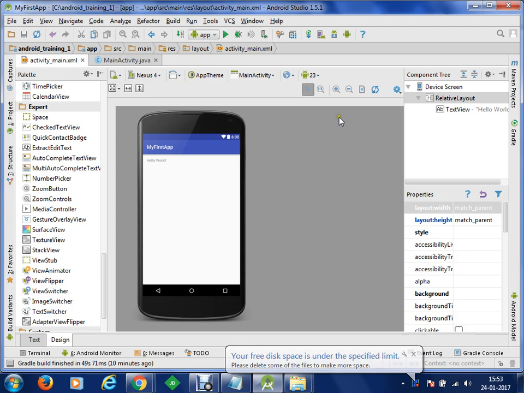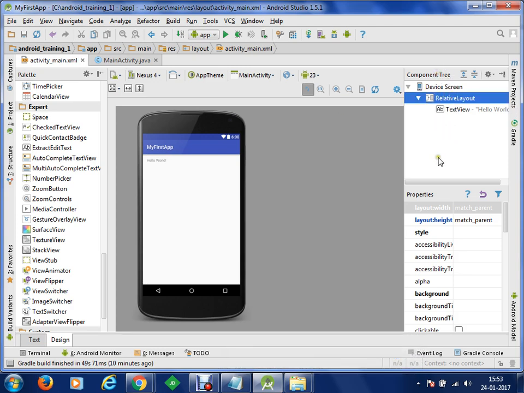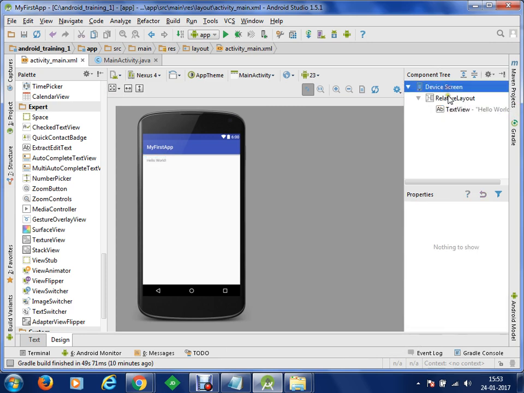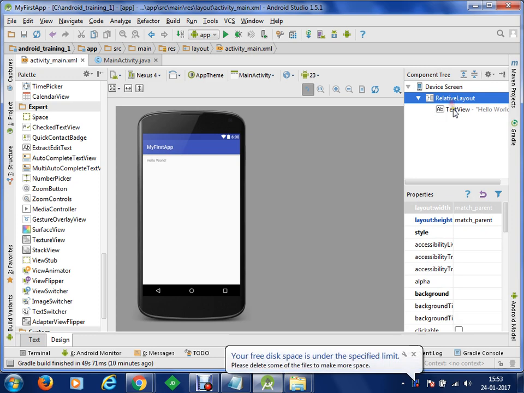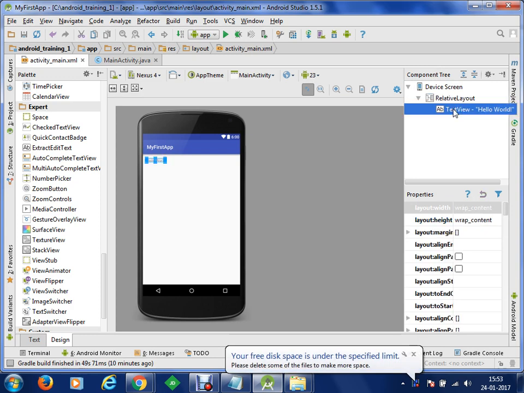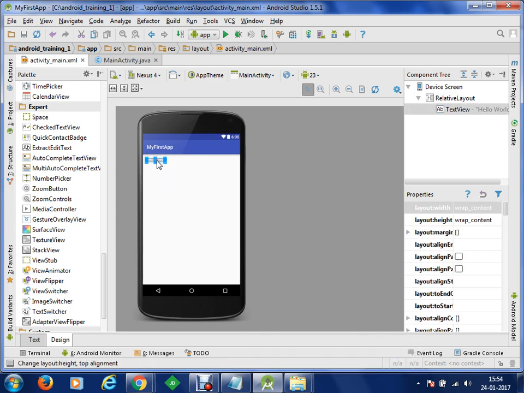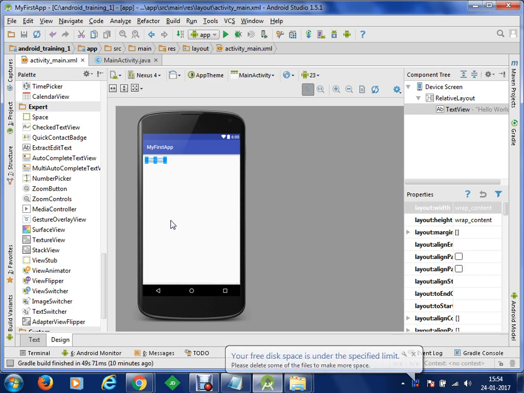On the right hand side, we have a component tree which is very important. In case you want to select an individual control on your device, you can browse through controls using the component tree. You can directly select the controls from the UI as well, but there may be a possibility wherein you have multiple controls and one control is overlaid above another. In that case, you will not be able to select the overlaid control by clicking on it.